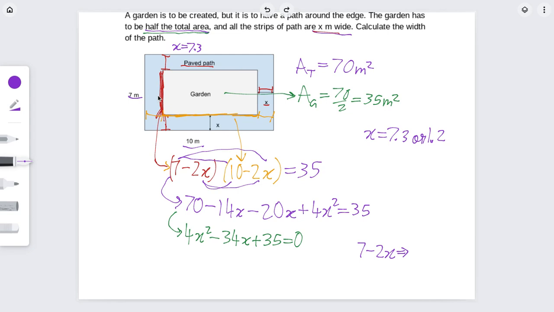You can't really have a paved path which is 7.3 meters. It's quite big. So the answer to that one is x equals 1.2. This is one of the most unique calculations that is going to come up in possibly any exam. These are really useful and easy to use, but sometimes they get muddled up, because sometimes it will say to calculate the width of the path, and if it says two positive values, and that one of these sides is equal to x,